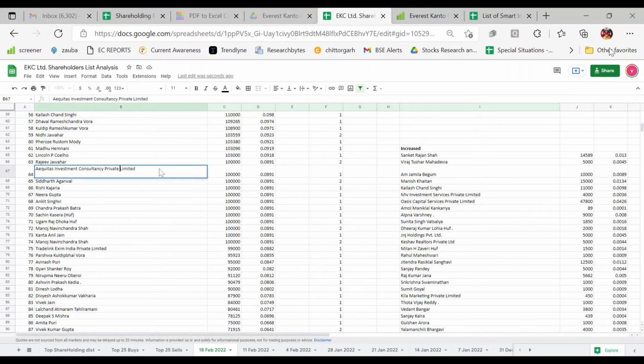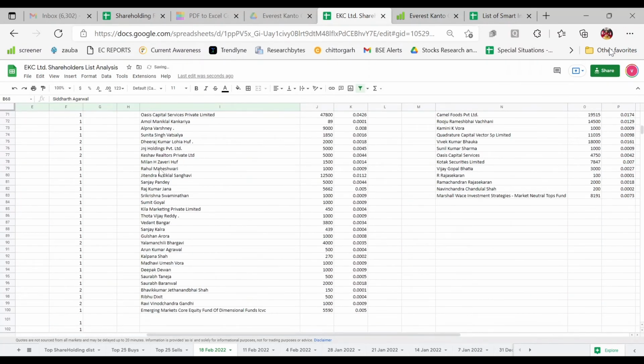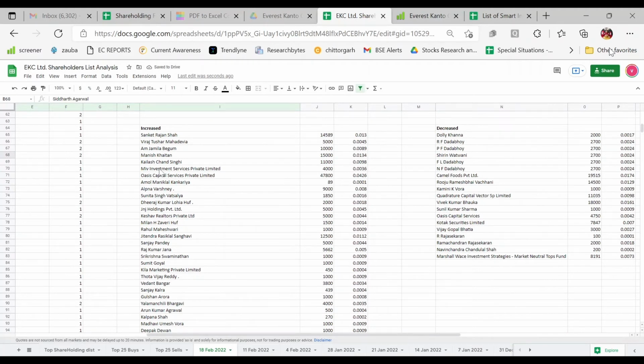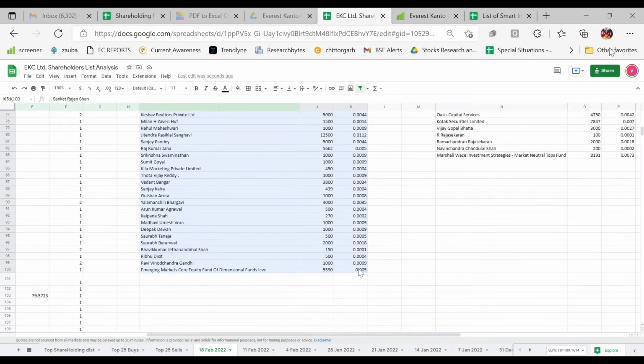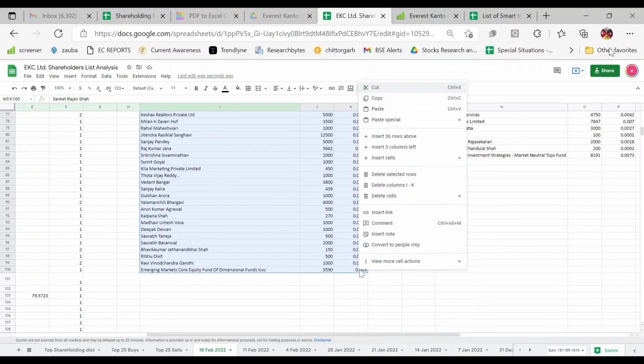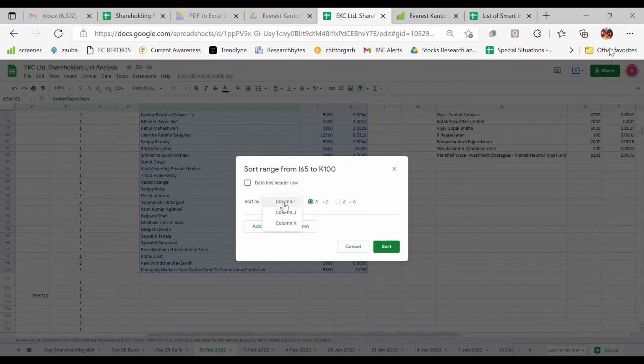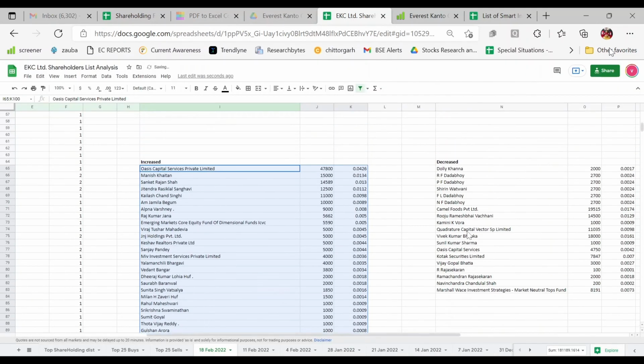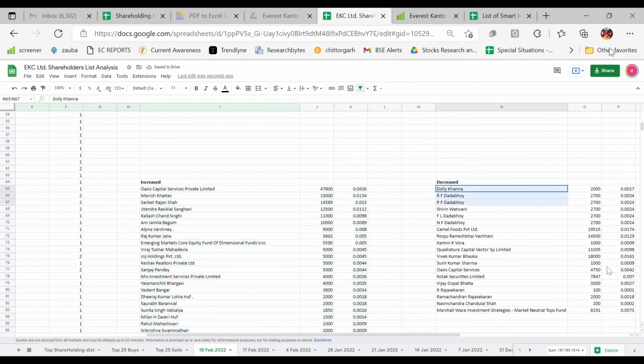I'll just remove that. Okay, seems all good now. So we have prepared the full list. The increase and decrease lists we don't need to check manually because the software has already done it for us. I'll sort the range from big to small, and repeat the same over the decrease list.